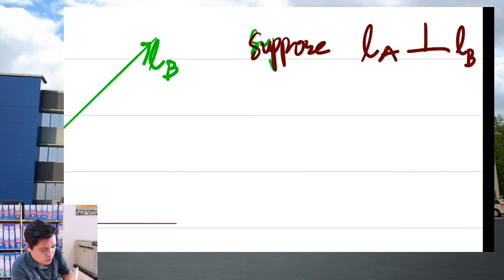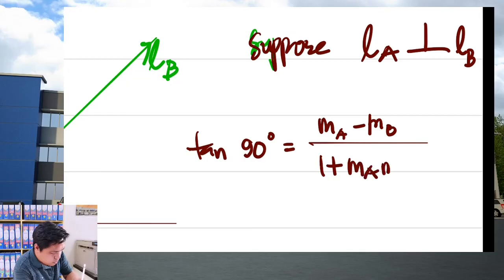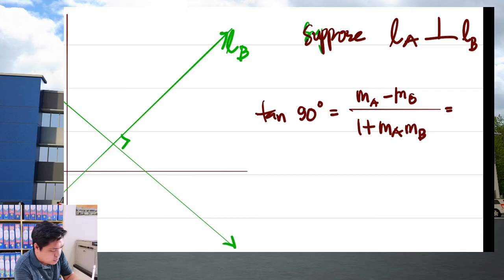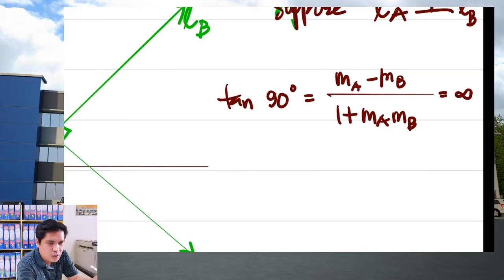if it's perpendicular, that means phi is 90 degrees. So tangent phi, that would be tangent 90 degrees, is equal to MA minus MB over 1 plus MA MB. So what is the value of tangent 90 degrees? It's undefined. Okay? So that is equal to undefined. And what does undefined mean? Or infinity. That is the same as